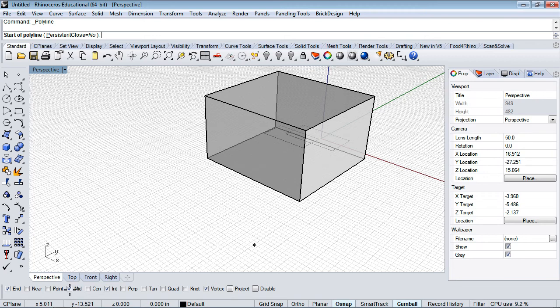So let's say that I don't necessarily want to be on that midpoint, but I want to be somewhere on that line, and I want to be able to choose that with more flexibility. It will snap to near a line. So if I create a line now, you'll see that I can drag along it, and whenever that little tag says near, that means that I'm on a line. So that means I'll have an intersection. That becomes important later for creating closed geometry, which is important for rendering and things like that, being able to make sure everything is tight